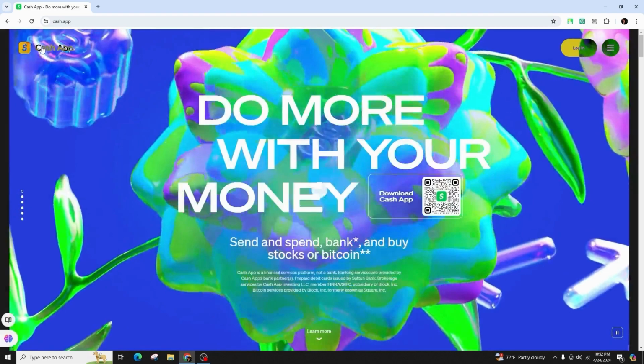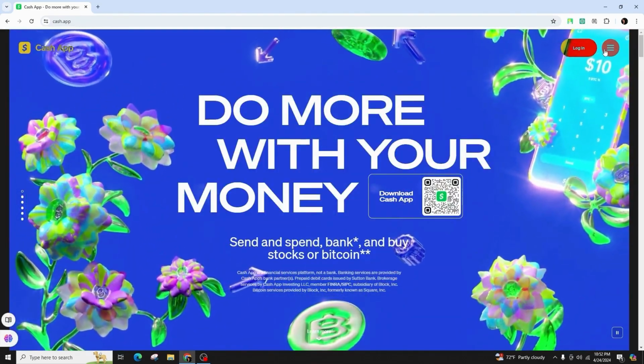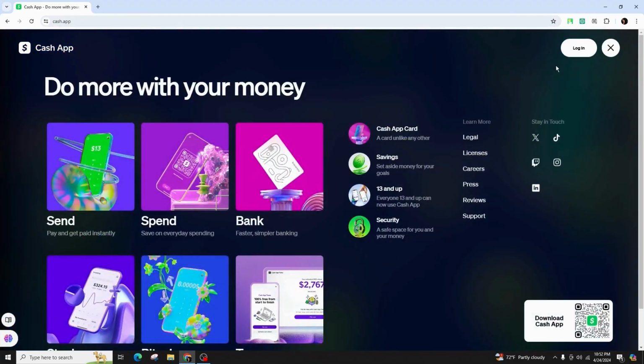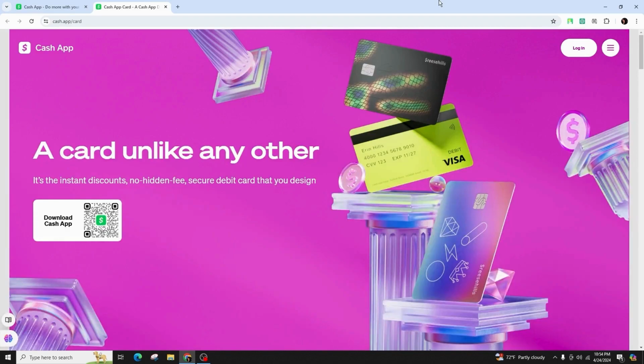In this video presentation, we're going to talk about how you can exactly track your Cash App card. A Cash Card is an essential component of the Cash App platform. Once you have successfully set up your Cash App account, you have the option to easily request a Cash App